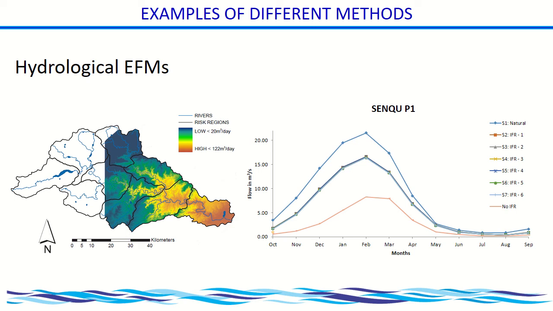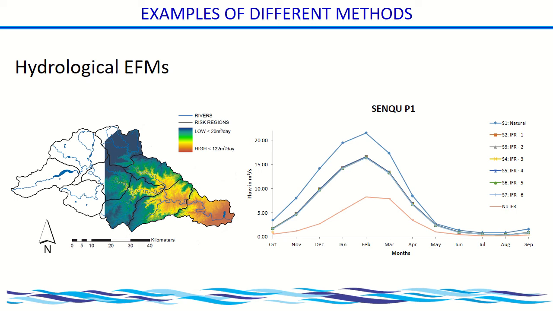This picture on the right is a graph of the Senqu River in Lesotho, the upper Orange River. In Lesotho, the Orange River is called the Senqu. And from a study that we did in the Senqu River, we could determine what was the natural hydrological variability in the system. So you can see the left axis shows you how much water there is flowing in that river on average every month in the system. And you can see that during December, January, and February, when we also expect our rains, there's a very high amount of water available in the system.